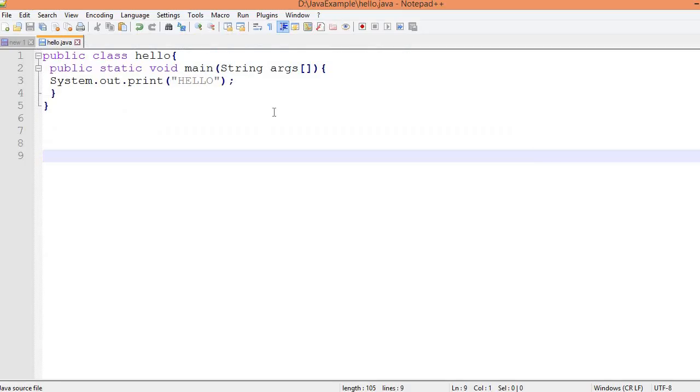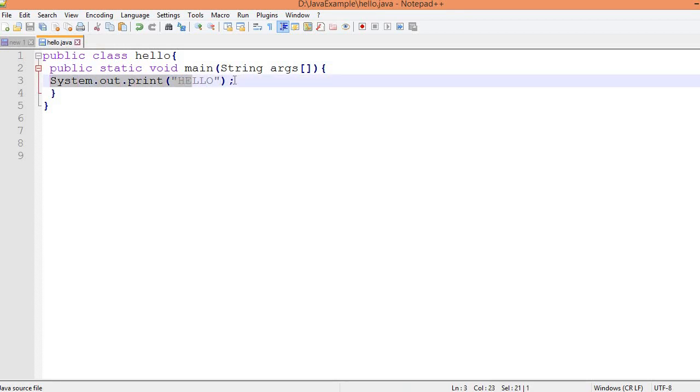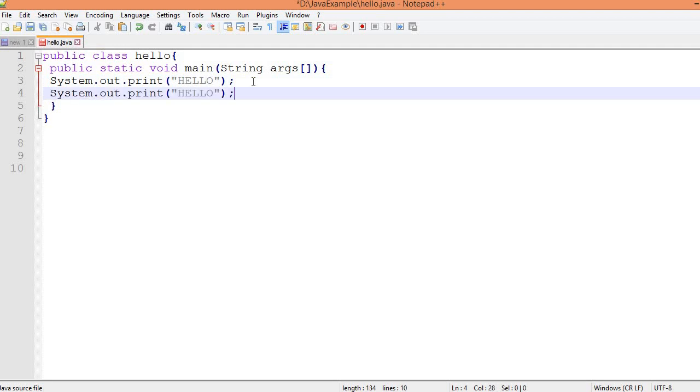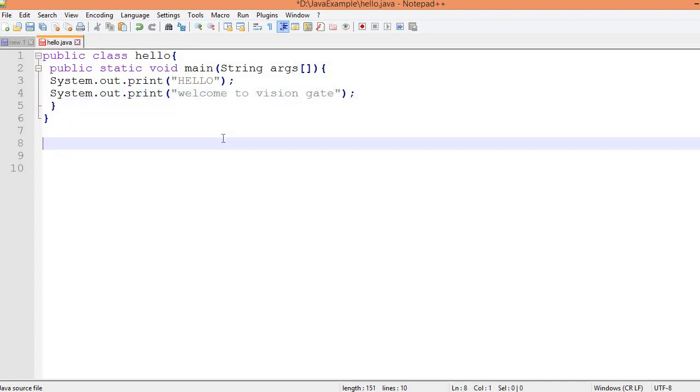Let's do one thing. Do one more print statement. So here I will write welcome to Vision Gate. Okay, let's see what will happen. First step is Control S, save your program.